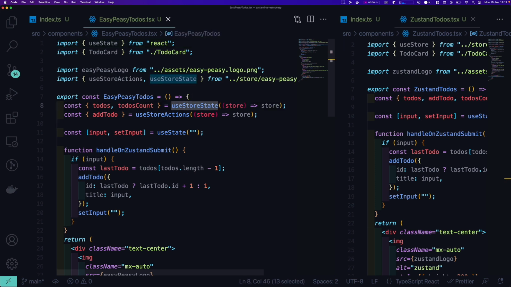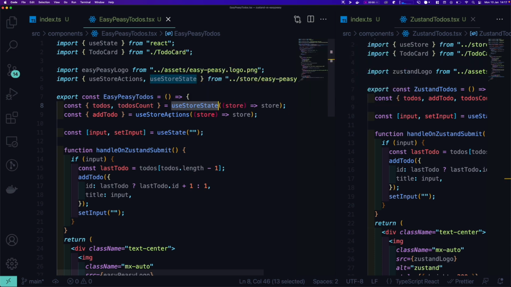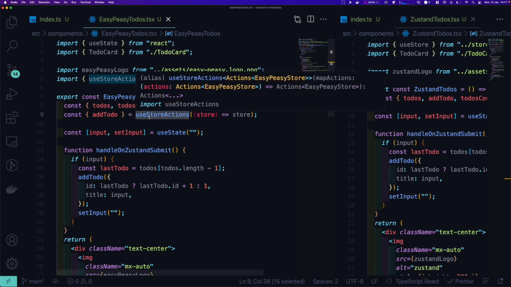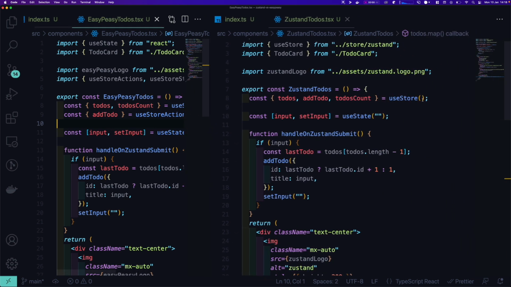I think it's a good idea because honestly, when you have a store with a lot of values, you don't want to be confused, and this makes it very easy to understand what is the state, what is the computed. Computed values and state are fetchable from useStoreState, and actions and thunks are fetchable from useStoreActions, and that's how you do it basically. In Zustand, everything comes from the same store basically, so it's a bit more simple,